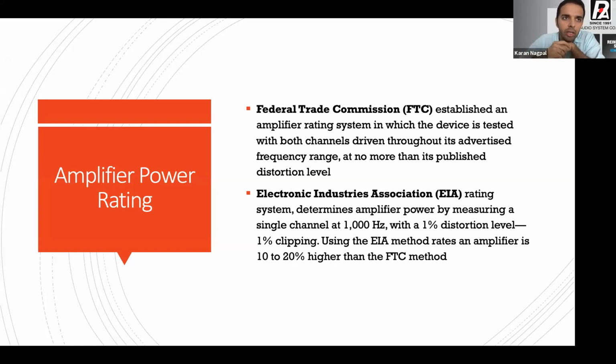the power at, let's say, 1% harmonic distortion. So distortion, they're going to make sure that distortion is not more than 1%. And how they measure distortion and all is again something I can share with you guys. But it'll ensure that the distortion is not more than 1% and it'll measure the voltage across the resistor.